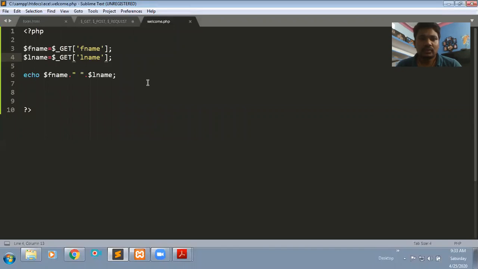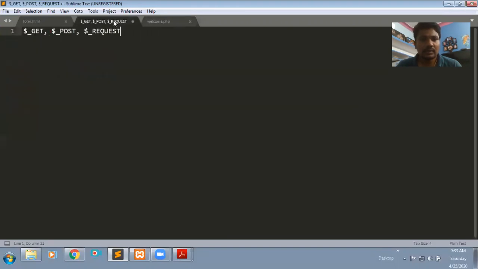Instead of these two superglobal variables, you can directly go for $_REQUEST also. It will accept both methods' requests.